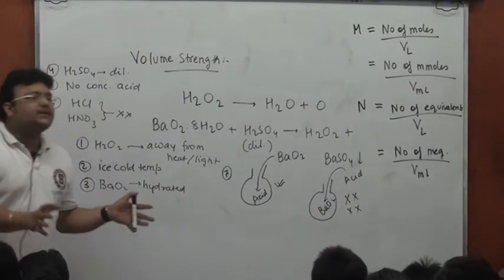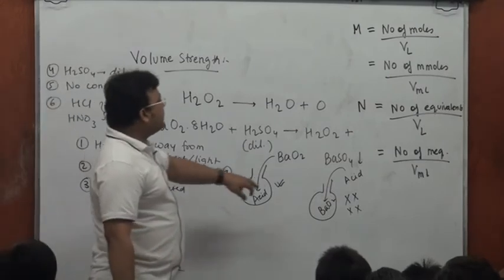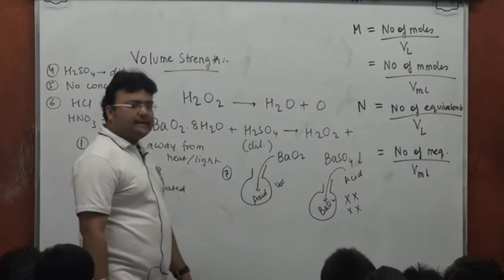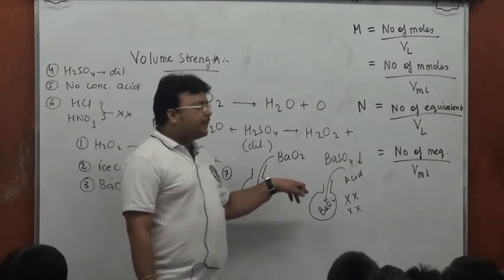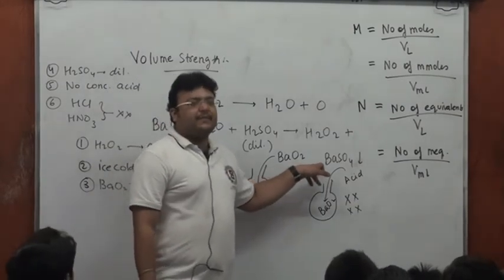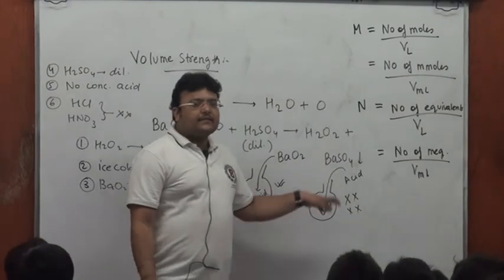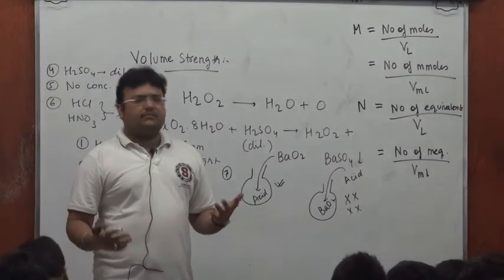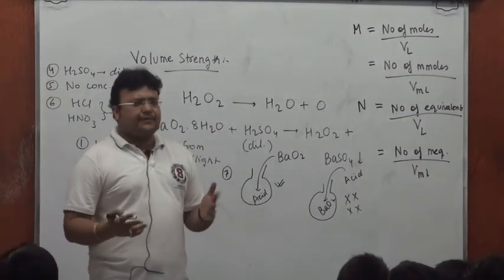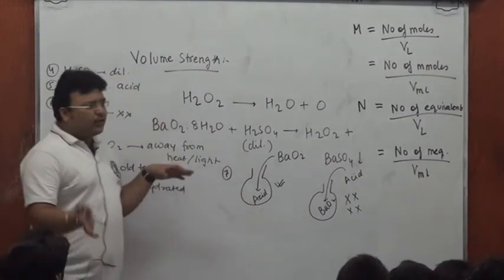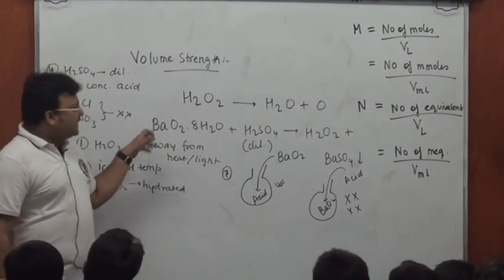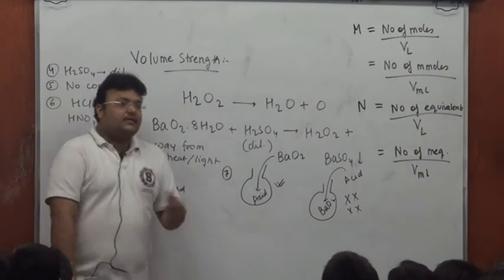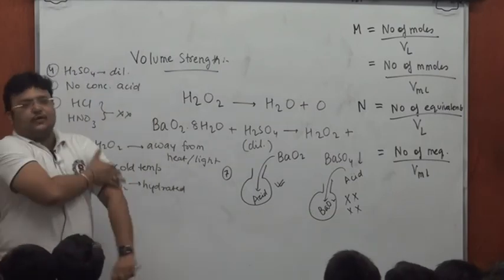Now barium peroxide will be covered by barium sulfate precipitate. Barium peroxide will be coated by barium sulfate precipitate. And once all of barium peroxide is coated, you have seen something of this before. Once all barium peroxide is coated with barium sulfate precipitate, the action of acid over barium peroxide will stop. Yes or no?